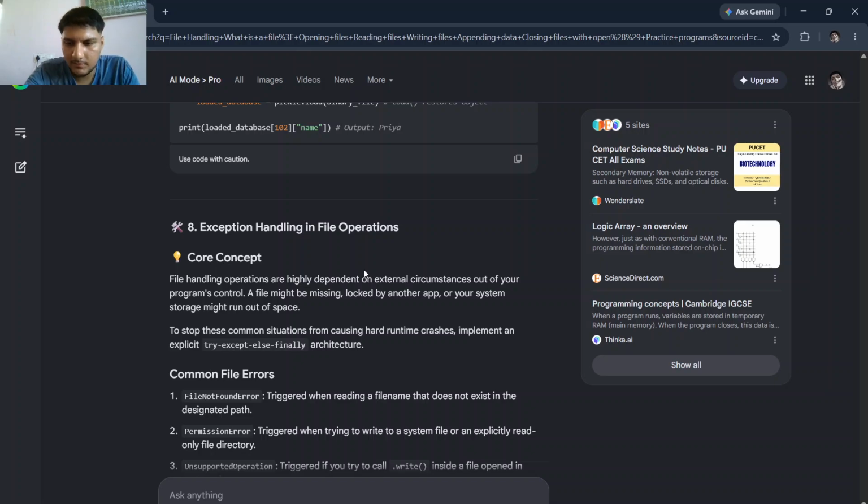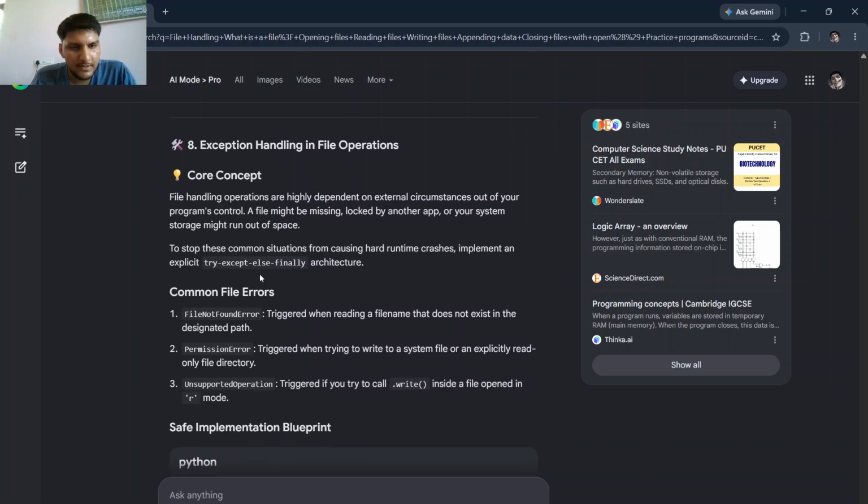A file might be missing, locked by another app on your system, or storage might run out of space. To stop these common situations from causing crashes, implement an explicit try except else finally